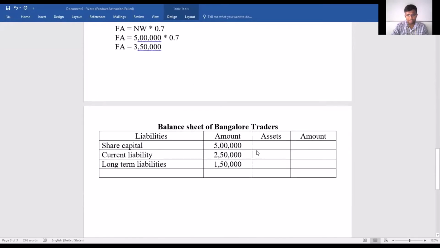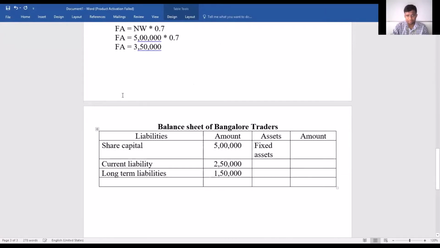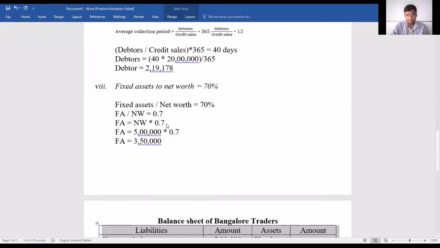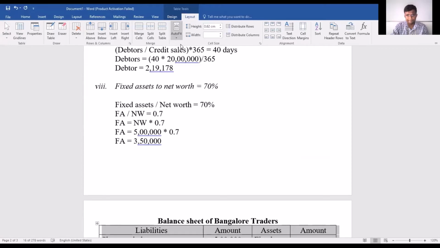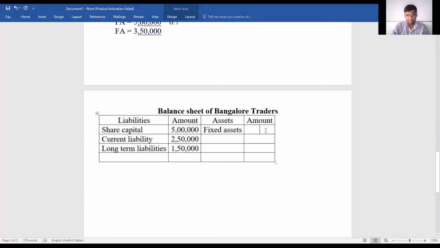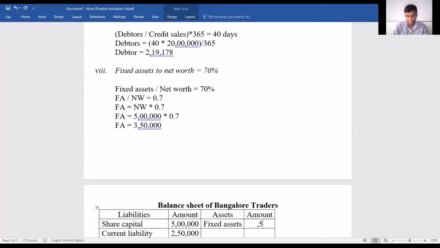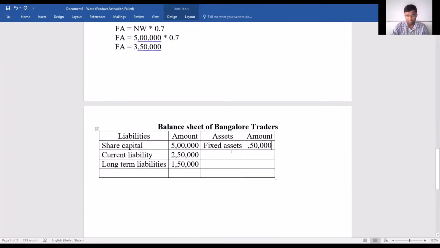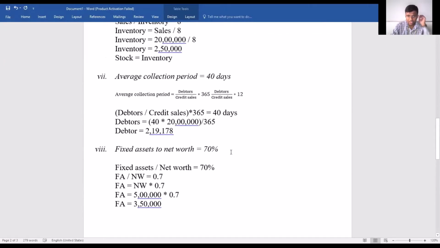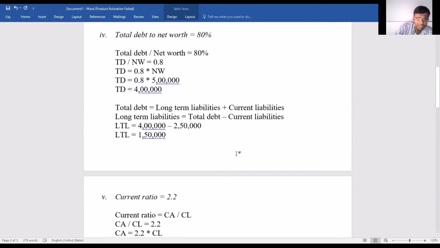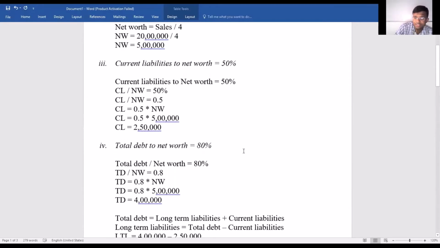From here we've got fixed assets. So fixed assets will fall on the asset side. Fixed assets, we know, are 3,50,000. Then we've got current asset. Now I'm not taking current asset as it is. Instead of current asset, I would be taking in the